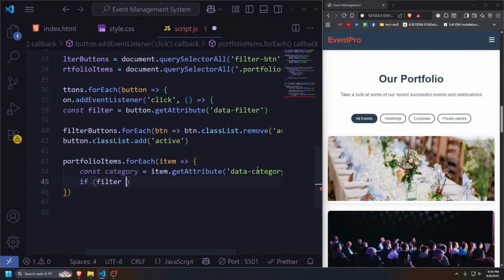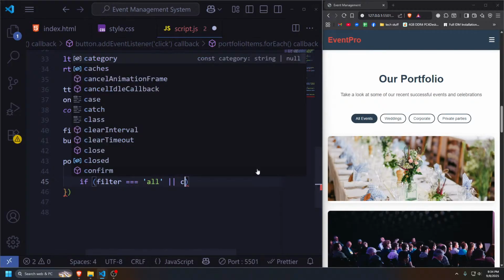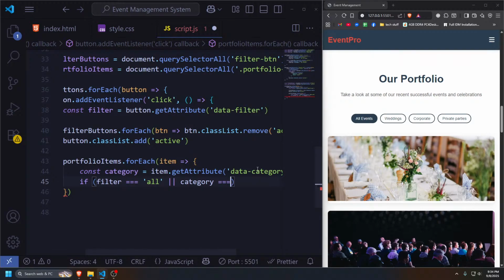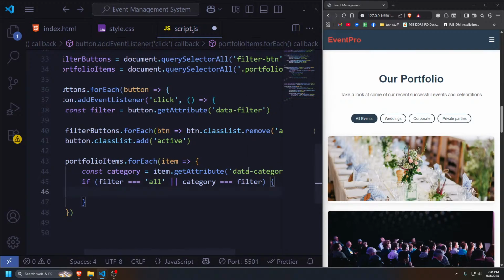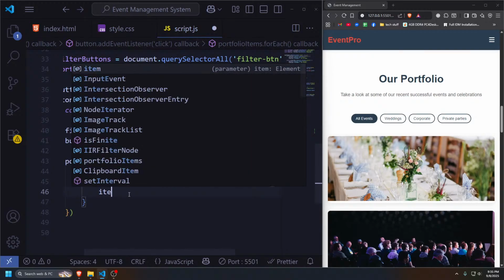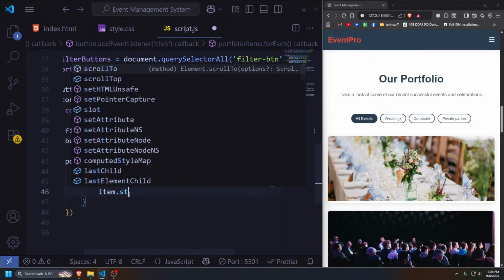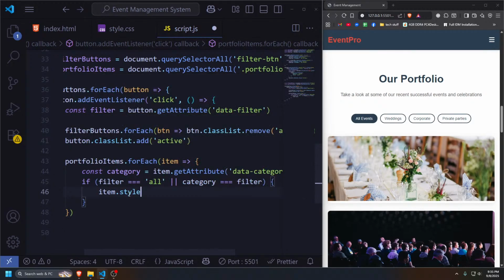Do filter, do triple, and do all, and also do that category set to filter. Now, if the filter is all, right, run this. If category is equal to filter, run that, and do item dot style dot display. I'm gonna set that to block